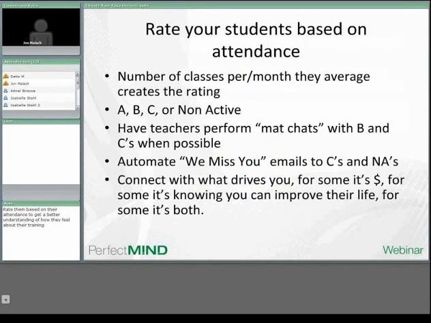Are they coming twice a week or 3 times a week? Let's go with the example of 3 times a week as the average that they come. That's 12 times a month, which means if they're coming to 10 lessons or more a month, they're missing 2 lessons or less. That would be an A student. That's somebody who's motivated, somebody that's getting the benefits of your lessons, and somebody who's most likely to refer you